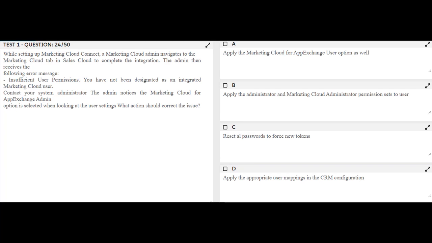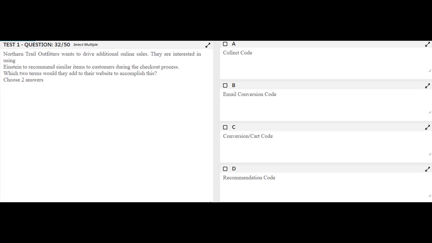While setting up Marketing Cloud Connect, the Marketing Cloud admin navigates to the Marketing Cloud tab in Sales Cloud to complete the integration. The admin then receives the following error message: insufficient user permission. You have not been designated as an integrated Marketing Cloud user. Contact your system admin. The admin notices the Marketing Cloud for AppExchange admin option is selected when looking at the